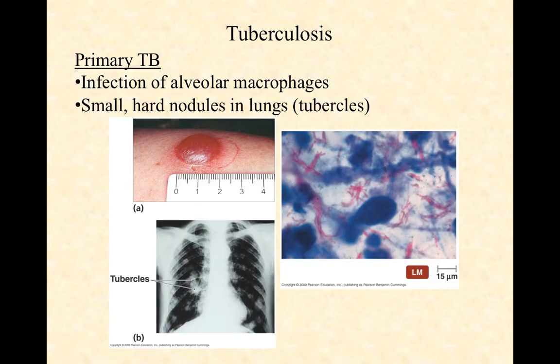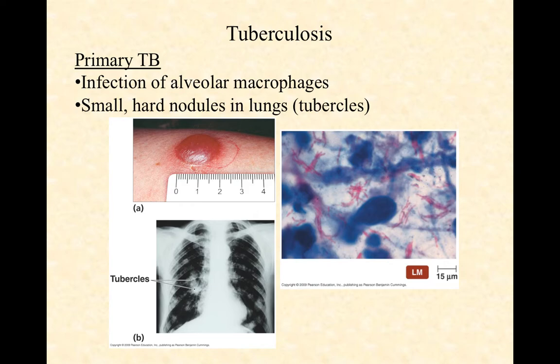Let's go ahead and finish off our discussion of tuberculosis that we started earlier in class today. We said that primary TB refers to the initial infection of alveolar macrophages, and it forms small hard nodules called tubercles in the lungs, and it's detected first by way of the tuberculin skin test,